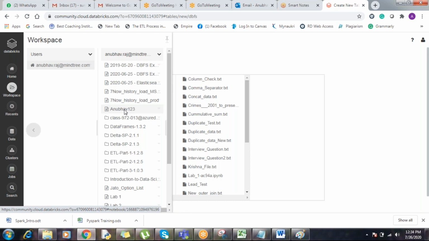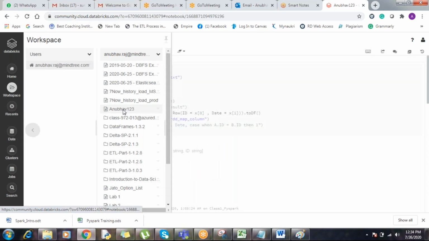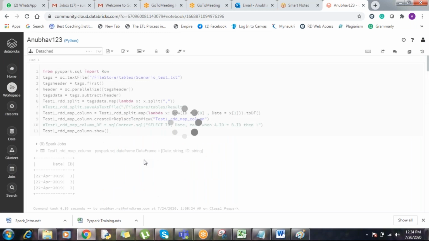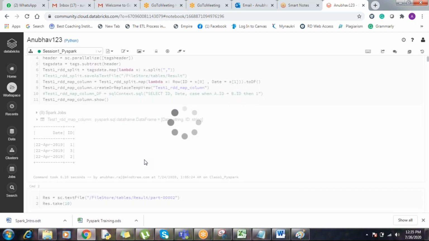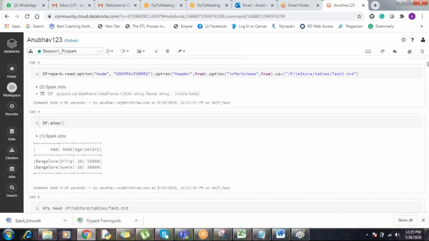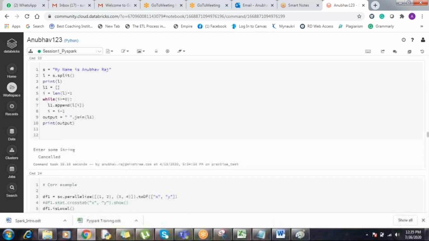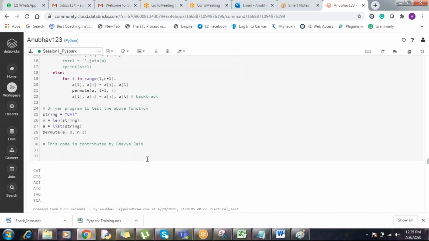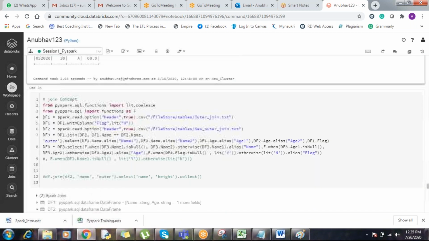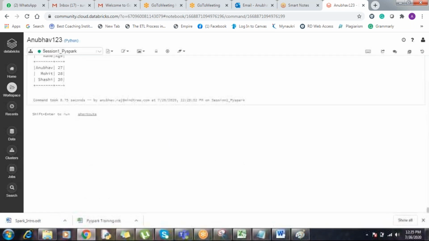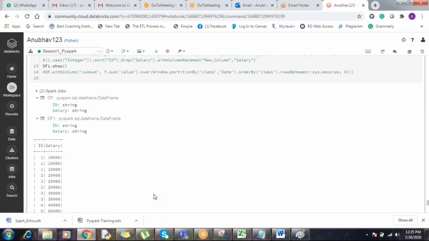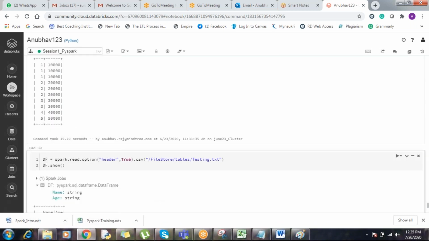If we don't provide anything, by default everything it will deal as a string. If you want, I'll show you something. Like if I don't want that data to be string, I want it to be as it is. If it is a string, it should appear as a string. If it's an integer, it would appear as an integer. I'll show you. For infer schema, you don't provide any other file in which we have mapping. Here, I do nothing but dot